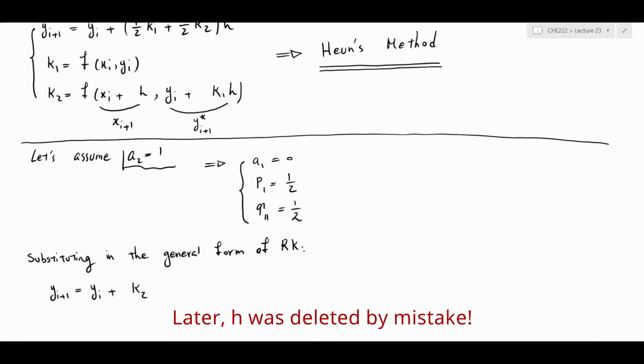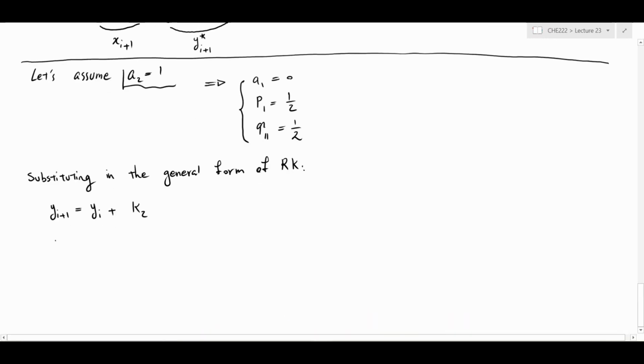And then we have to write k1 and k2. So k1 is again f of xi and yi, and k2 is f of